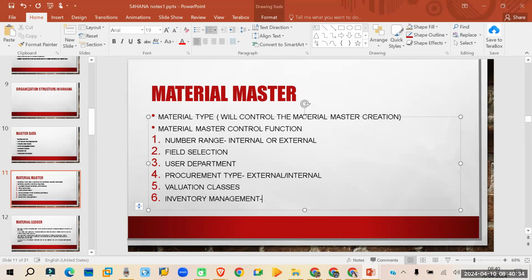Inventory management. Whether inventory management is possible or not is also defined by the material type. Let's say you are using a service material. Service material, you are not going to store it, right? Directly, whenever a service type of material is required, what kind of service material is there? Let's say you are having a